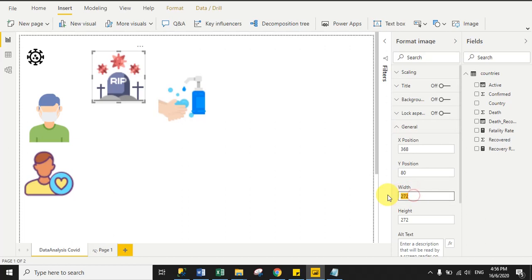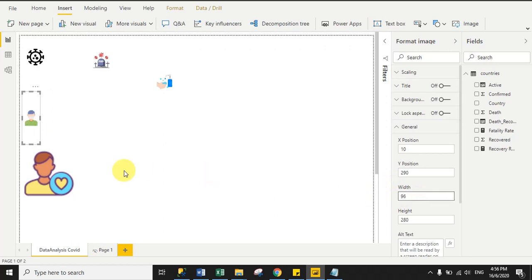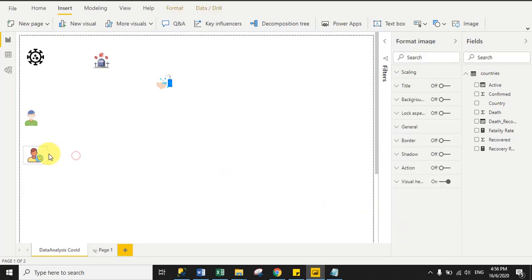Here I select 96 pixels and then 96. Same for the sanitizer, 96 pixels width and 96 pixels height. Same for the face mask, 96, and also for recovered, 96, right? Fine. All images are fine. So now drag the images in sequence.